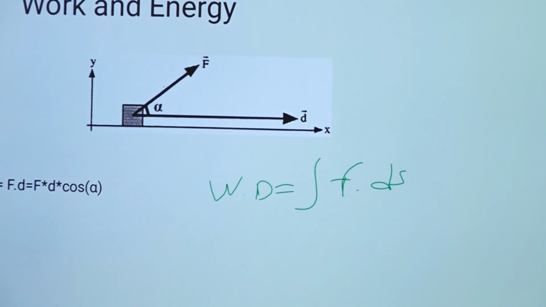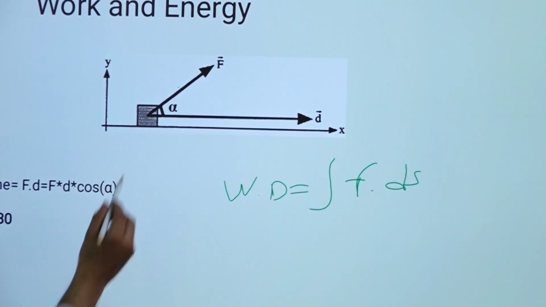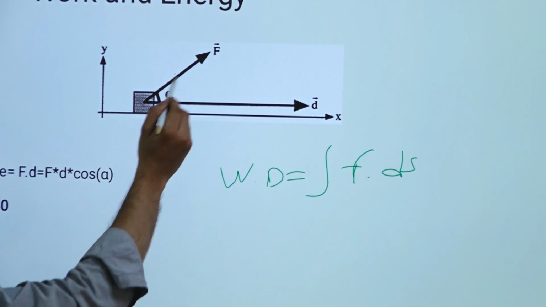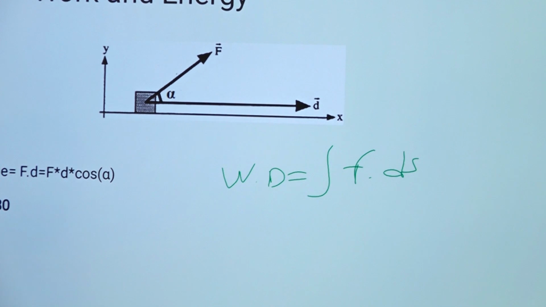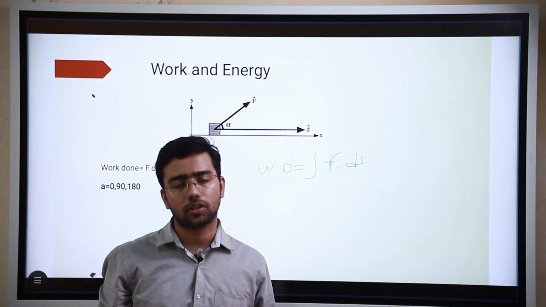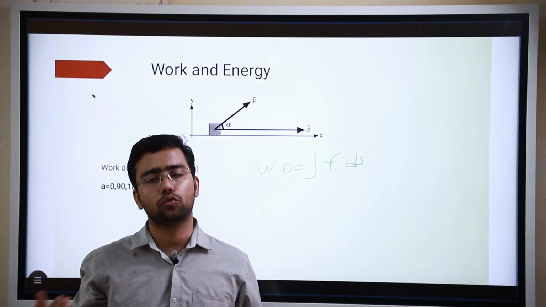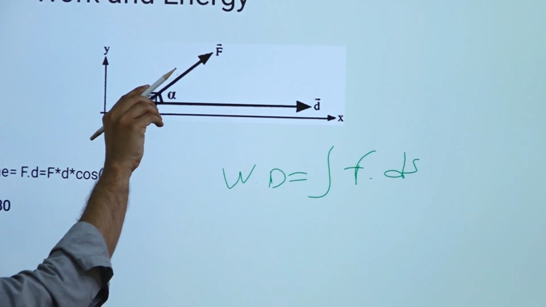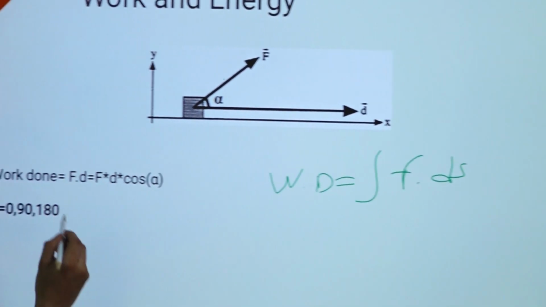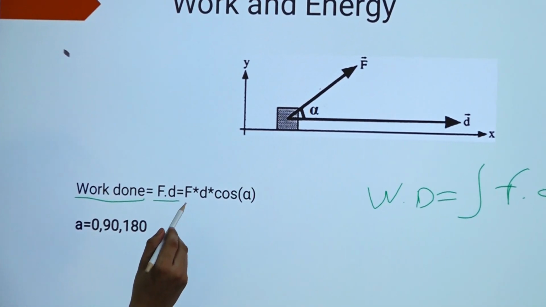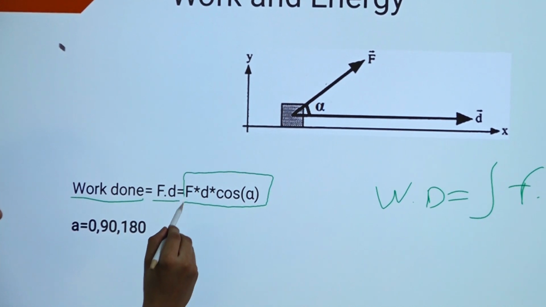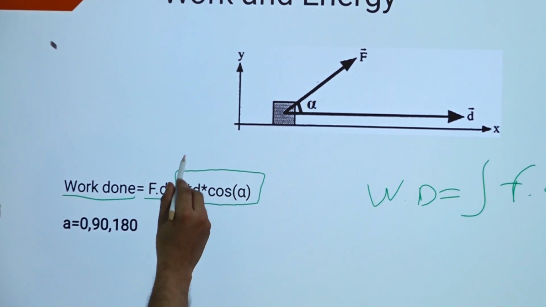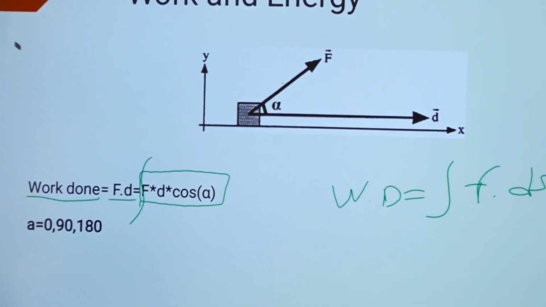So suppose we are having this mass here, okay, and this mass is moving in positive x direction, right? And suppose force is acting in this direction, right? So what will happen? We know the dot product. What is the property of dot product? F dot d is equal to fd cos theta, right? So this theta is nothing but alpha and angle between f and d, right? So work done will be equal to f dot d, and that will come fd cos alpha, right? Okay, so that will be the basic definition. When you integrate it, you can find out full work, right?